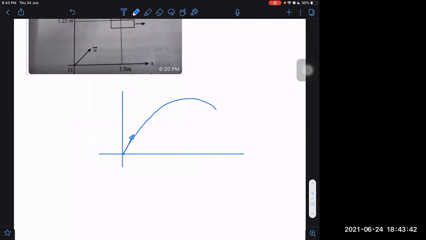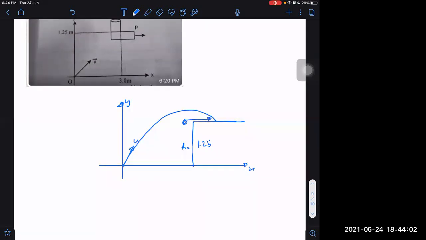I have discussed these cases also, when a body is thrown and it is like a step, and it is reaching at 1.25 meters height. Right or not? Y-axis, x-axis. At the same time, some person or object is accelerating this side with some acceleration, and they meet at the same point finally. So all I have to do is equate their horizontal positions and vertical positions, of the projected particle and the other particle moving along the x-axis, in time t. And one more condition I have to use.